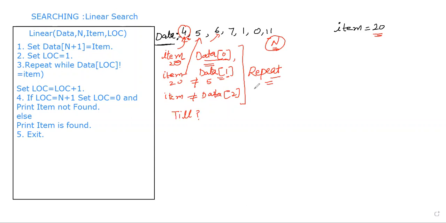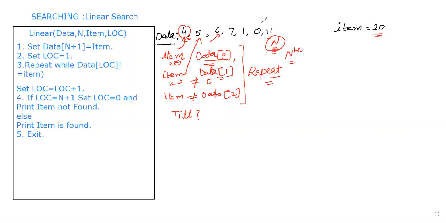Till the time I am not able to find it and I am not at the last location, I have to repeat it. If by the time I reach the nth position in the given array I am still not able to find the item equal to 20, it means that the data item is not present in the given data set.